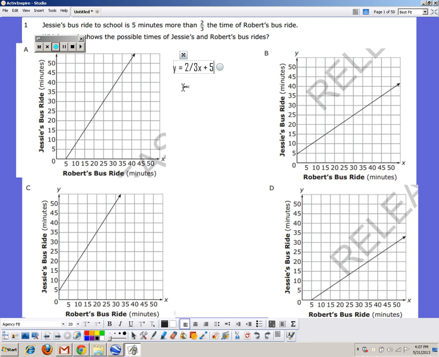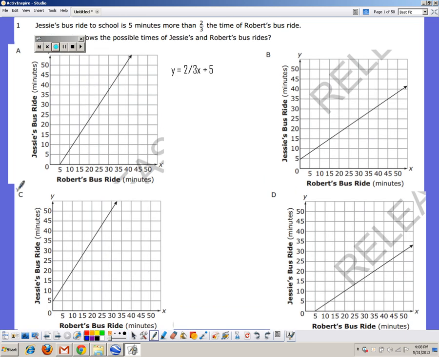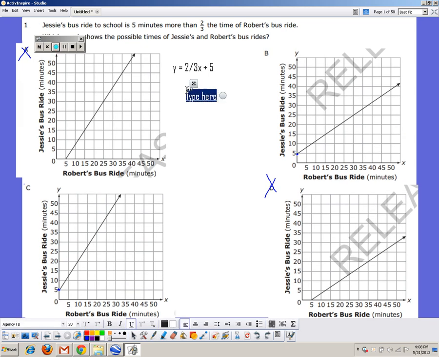So we could already eliminate answer D and A, because neither one of them has a y-intercept of 5. As you can see here, B has a y-intercept of 5, and so does C. Since our slope is 2/3, all we have to do is translate that. 2/3 means